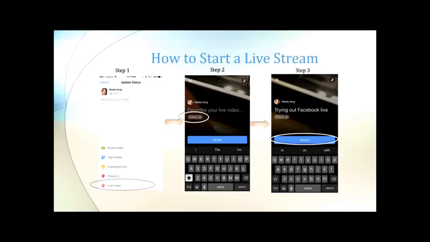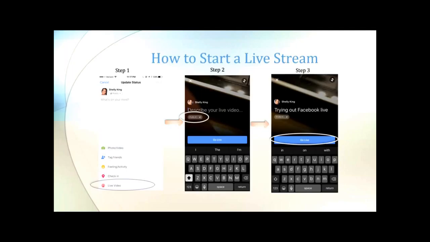If you want the broadcast to only be seen by certain people, you can change it to them. If you have a page that you manage and you want the broadcast just to go to that page, you can change it there. Your options are endless. The same way you would do a status is the same way that you can make your live broadcast visible by the public.